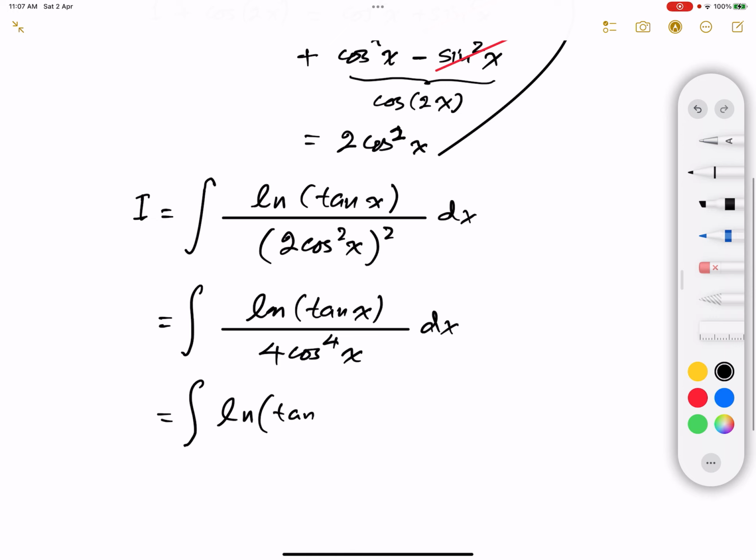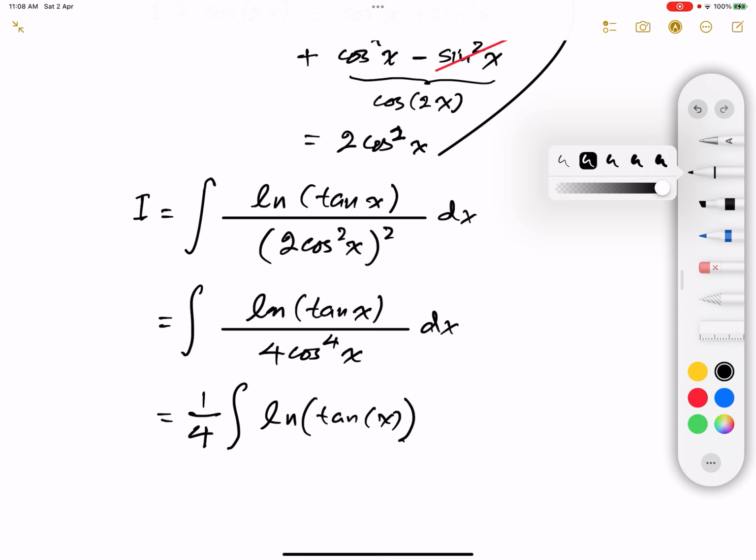of tangent of x, and we can of course take the 1/4 outside the integral as a constant factor, and we're left with 1 over cosine to the power 4, which can be rewritten as secant squared of x times secant squared of x, dx. I have split it into 2 secant squared because I'm now going to let tangent of x equal u,